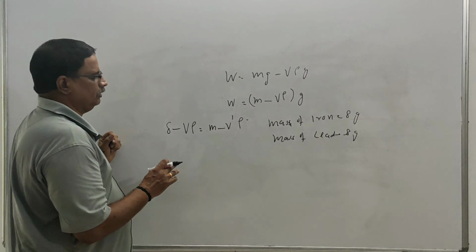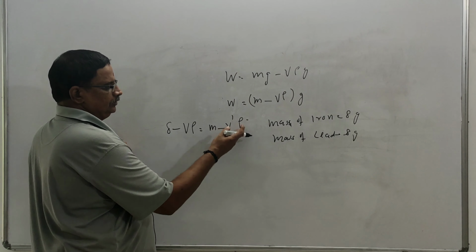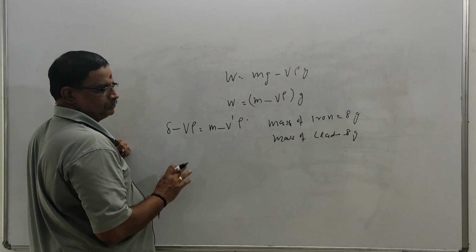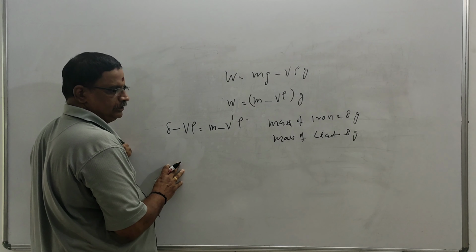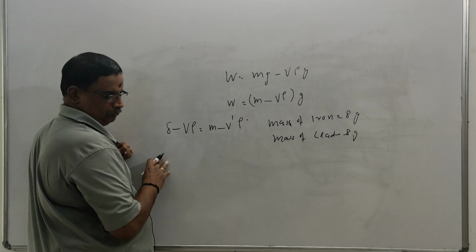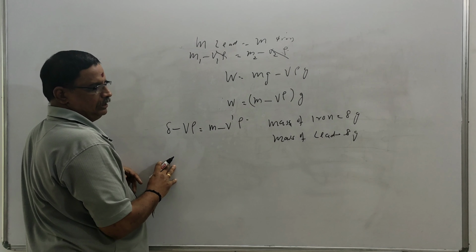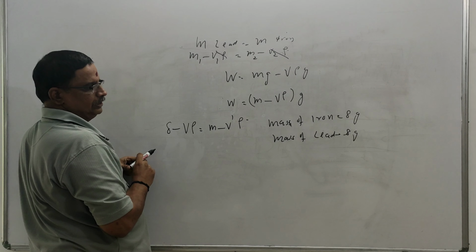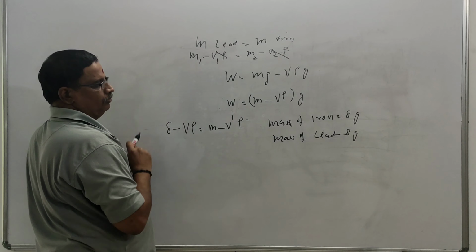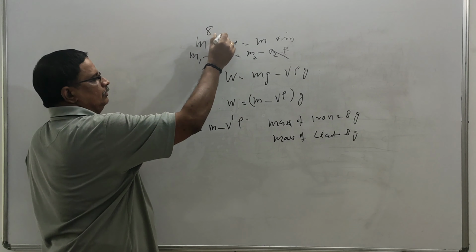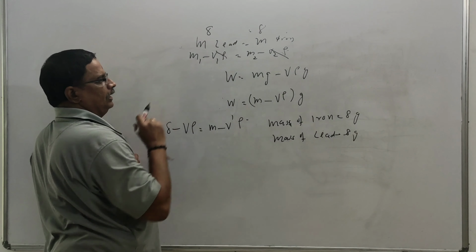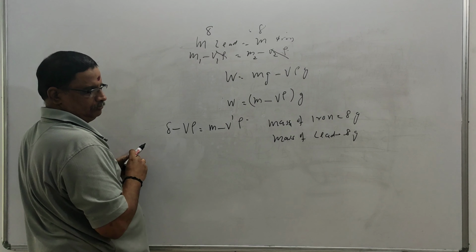Then in air there is nothing like this because there is no upthrust. We are neglecting the upthrust due to air because of the low value of the density of air. I said at the beginning, this term is neglected because of the low density of air. So we will get M1 equal to M2. If 8 gram lead is put in one pan, 8 gram iron must be put in the other pan, when both are in air.